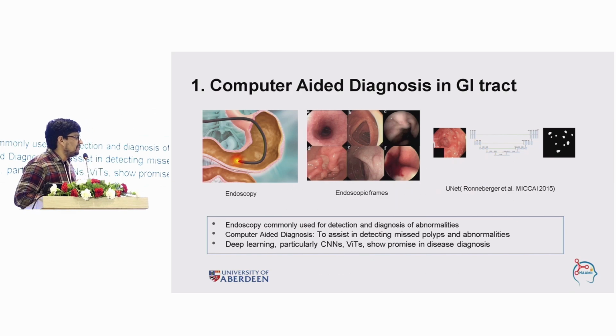Now, one of the examples let's take here is computer-aided diagnostics in the GI tract. I kind of explained it before as well. On the left-hand side, you can see endoscopy. This endoscopy captures image frames, which are shown in the middle, and these images are assessed by the AI network, right? So these kinds of tools can be used as an assistive diagnostic tool, right? Assistive in a way like,